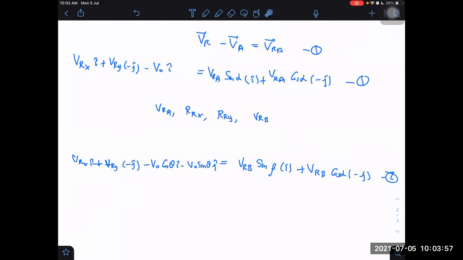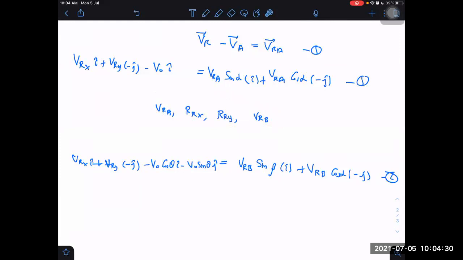Every vector equation is equivalent to 2 equations. One equation separately along i cap, and another equation separately along j cap. If we take like that, then 4 are there. So we should think like that only. Whenever a single vector equation is written, a 3 component vector equation is equivalent to 3 equations, because we can separately equate along each axis. So there are 4 unknowns and 4 equations. Can we get the answers or not? Yes, sir, I think we can get the answers. Try solving.